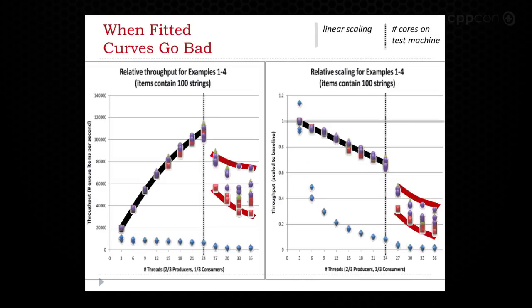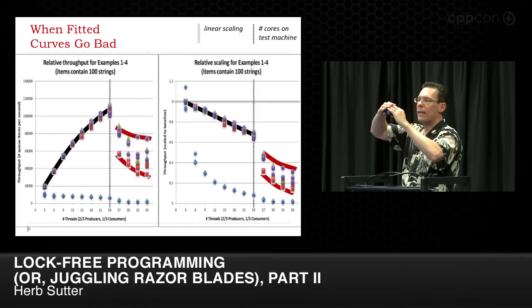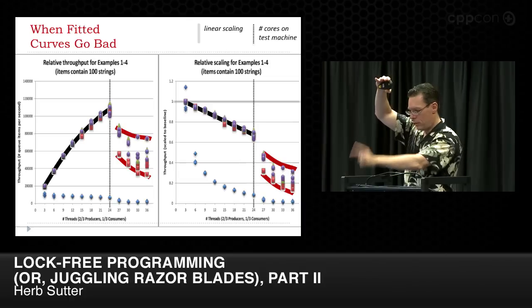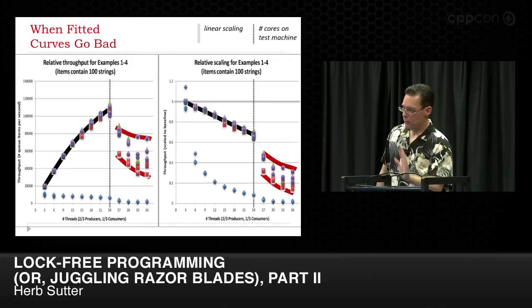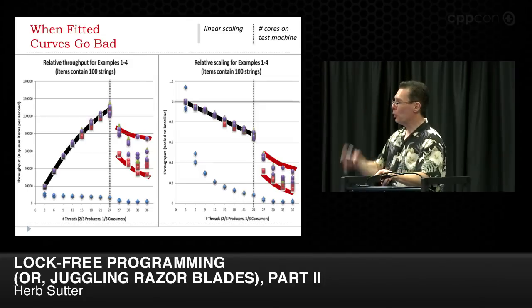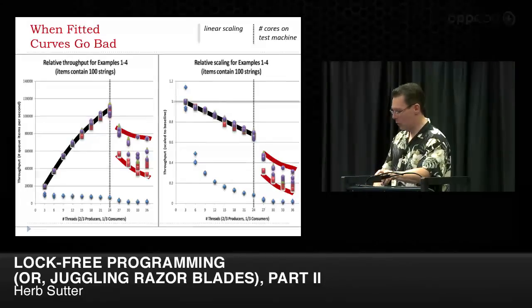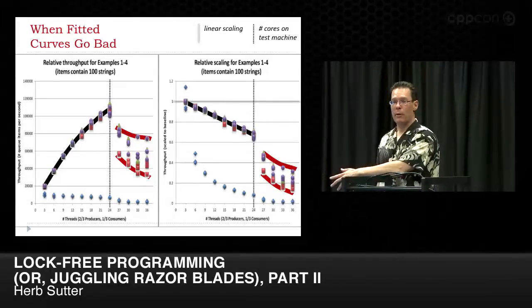Yeah, if I drew these myself, I would have noticed there's a cliff. There's a discontinuity where I leave a region of predictable and fairly rising performance where suddenly not only do I go off a performance cliff, but I get extreme variability, because those numbers start to jitter all over the place when I pass that oversubscription boundary. Just a reminder not to rely too much on your automatically generated curves. Look at the data yourself. They're not a substitute for when you measure, to look at the data and see what's really there. Doing it this way, writing the curves ourselves, we can really see the cost of oversubscription, both in performance and